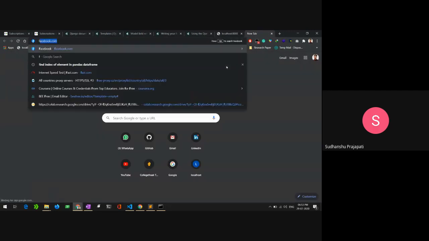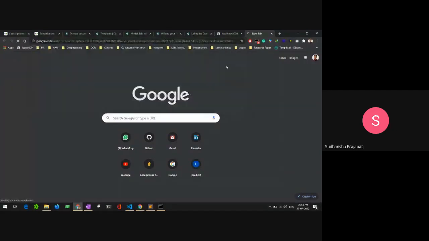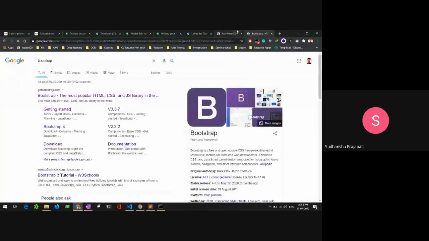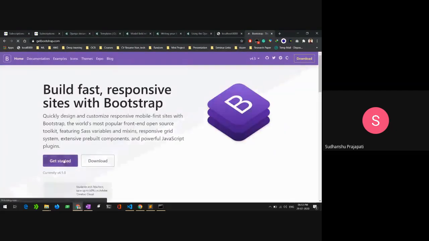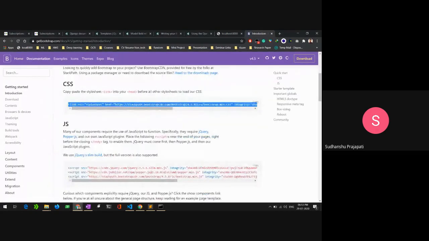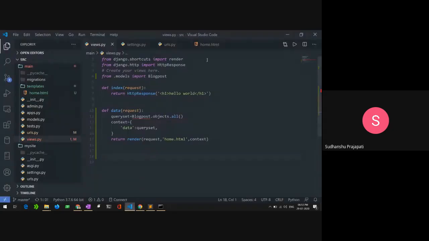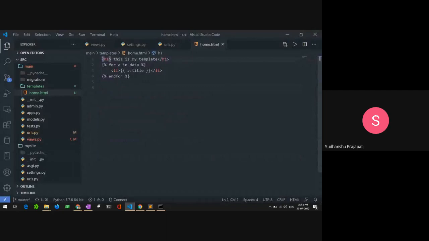To use Bootstrap, go to the Bootstrap site and load everything as you did in the HTML file. It's nothing much different from what you do in any other HTML project or web development project. So I will go into Bootstrap and go to get started and copy my CDN link of the CSS file, and I will just paste it right above here.